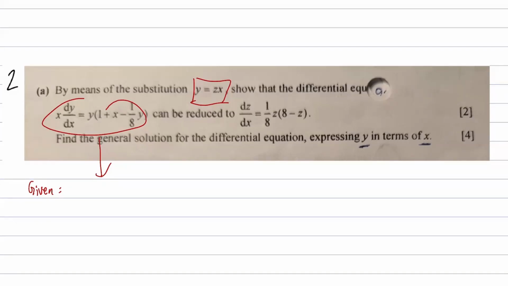All right. Continuing on, what did you do? Let me see. You minus zx on both sides, okay? And then you times the y in, so you get y. Oh, but you immediately substitute y with zx. Okay, correct. Then zx times (1 plus x minus 1/8 zx) minus zx. Then you divide by x squared. But then,